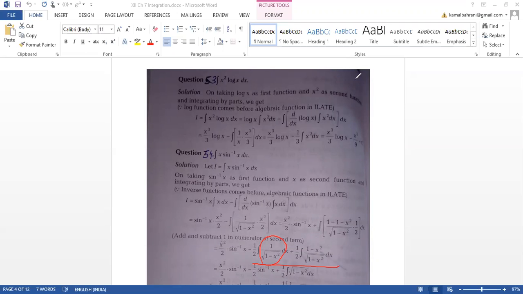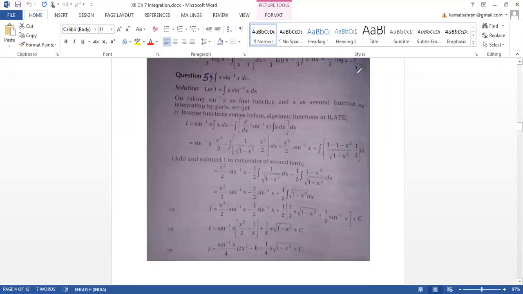Now this one, just see, in the numerator we are having 1 minus x square, in the denominator we are having 1 minus x square, the same thing. Now this will be equal to what? In the numerator, under root of 1 minus x square. So when we have in the numerator 1 minus x square, that means you can put 1 minus x square. We will have again this quantity to solve, under root of 1 minus x square. Half into under root of 1 minus x square.